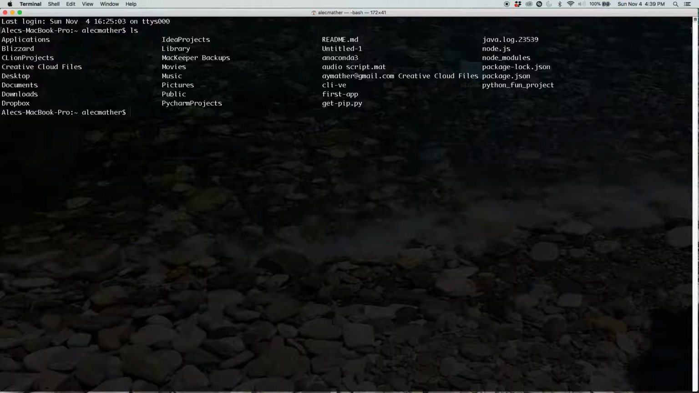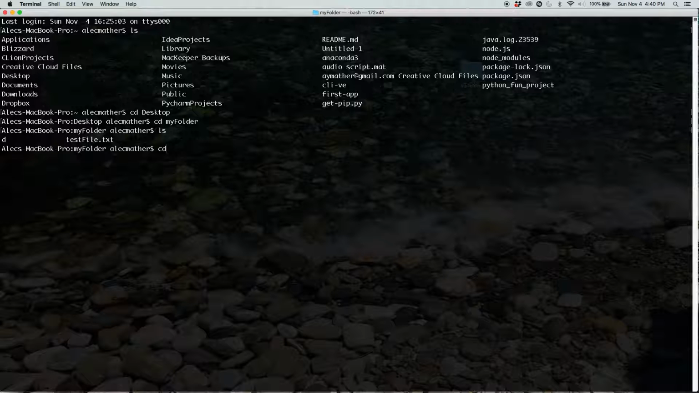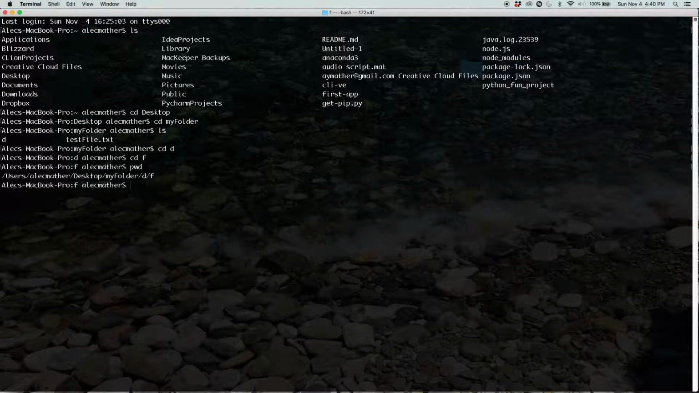Okay, so let's get the full path of the place that we want to go to. So we go into desktop, and we go into my folder, and let's go into, what's it called? CDD, and then CDF. Okay, so this is the full path that we want to grab. So what we can do is we can just get there, and then we type pwd, and then here we just do Control C, like we're just copy pasting it. And then let's go back,